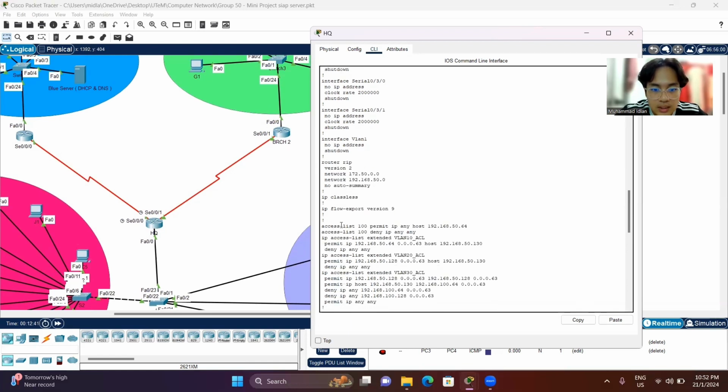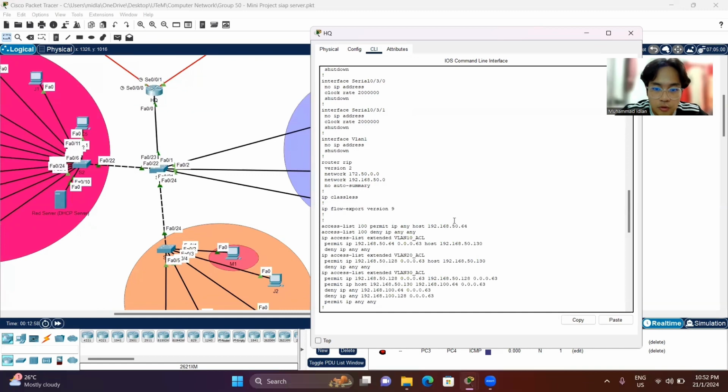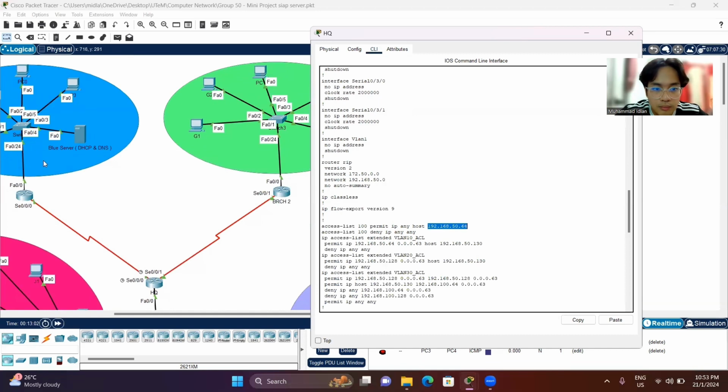And the last one is ACL, access list. Access list is used to restrict any IP, but in this situation, we will permit any IP. It goes through the same process as router RIP. We will enable any host from this network, which is the orange one, to reach both the branch 1 and branch 2 network. So the configuration is access-list 100 permit IP any host from this network, and so